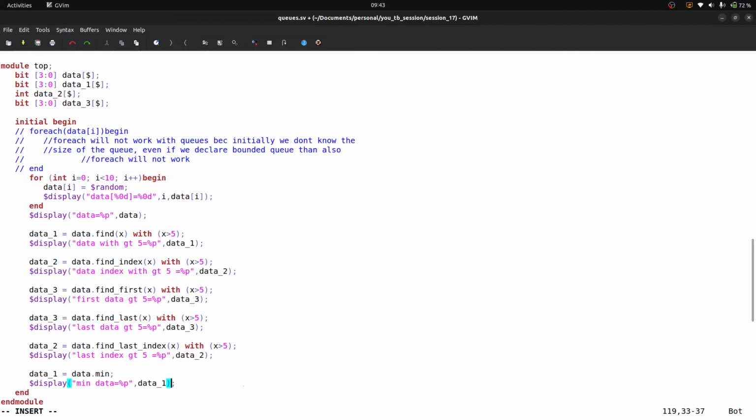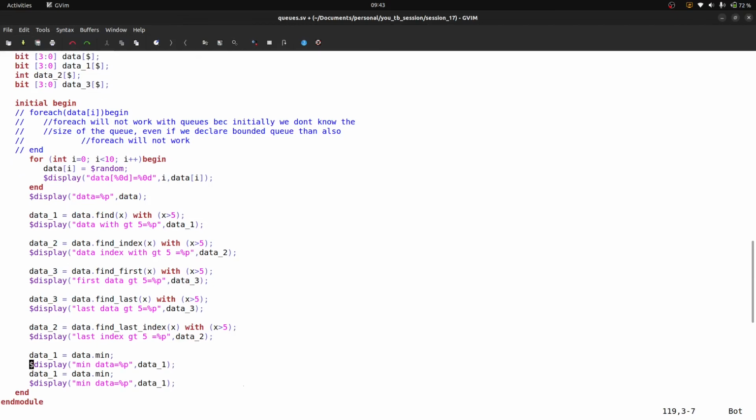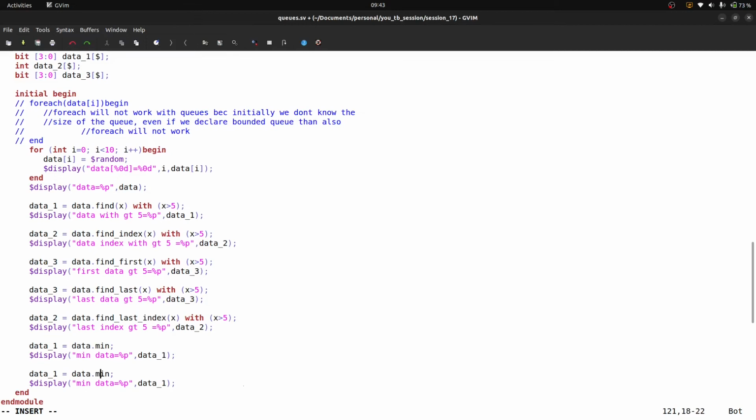So what it will do, let's say 10 data are available inside a queue, so it will give the minimum value data, right? Whatever the minimum value available inside the array, it will return that. Okay. Next one is data.max. Simply it will return the maximum value.